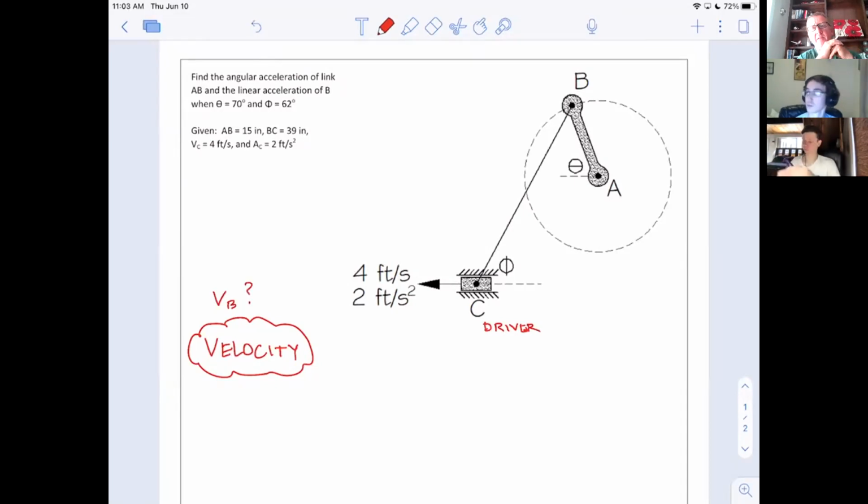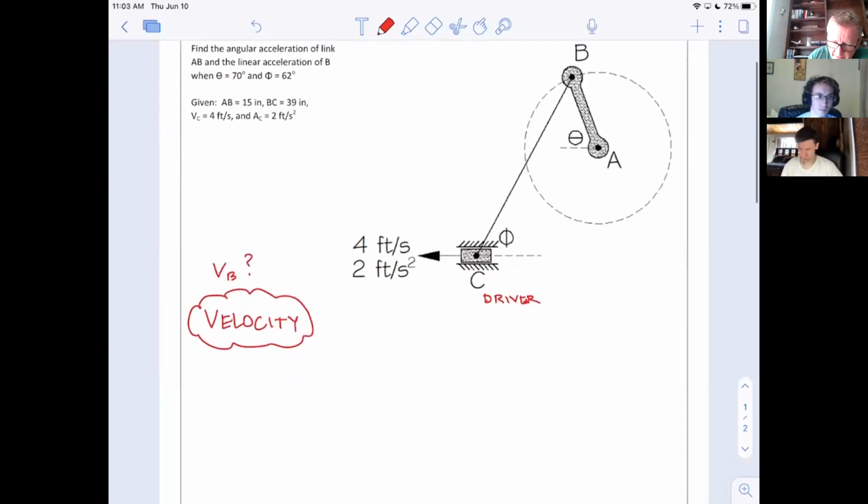This is the whole idea of connected motion, relative velocity. C has a velocity, and it's connected to B, so B is going to have a velocity. What is that velocity? Does that concept drive your understanding of our basic formula? What's V of B? It's equal to, you have this in your note sheet, plus